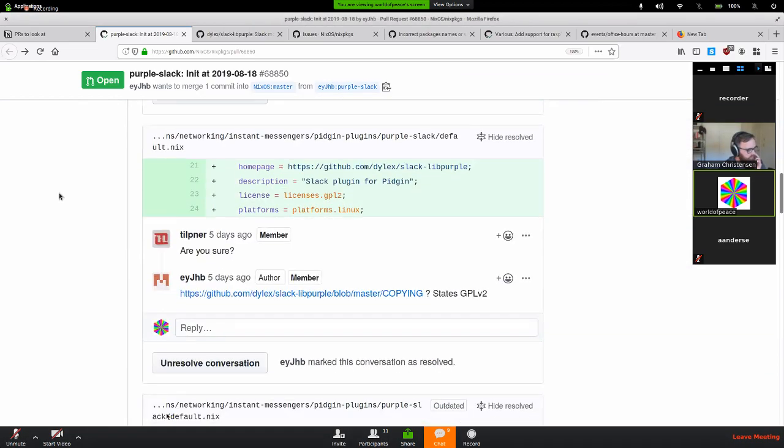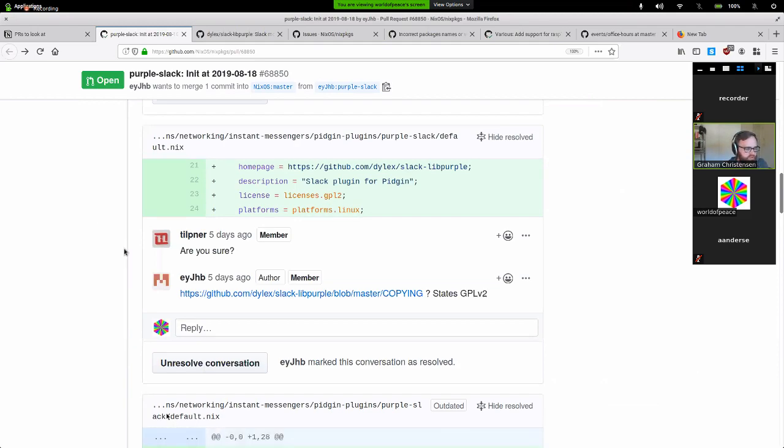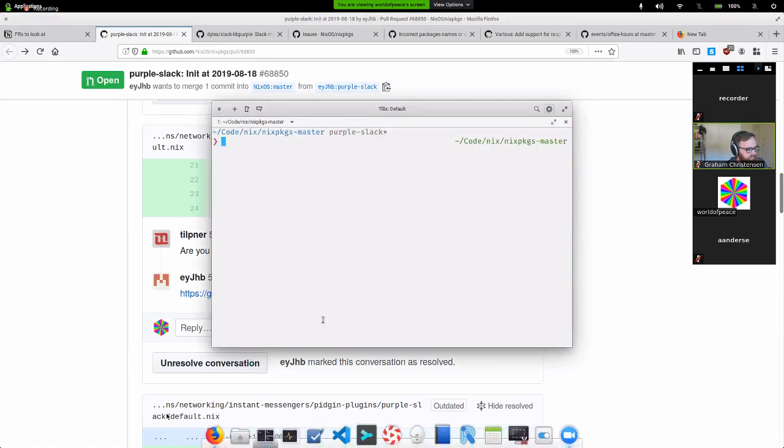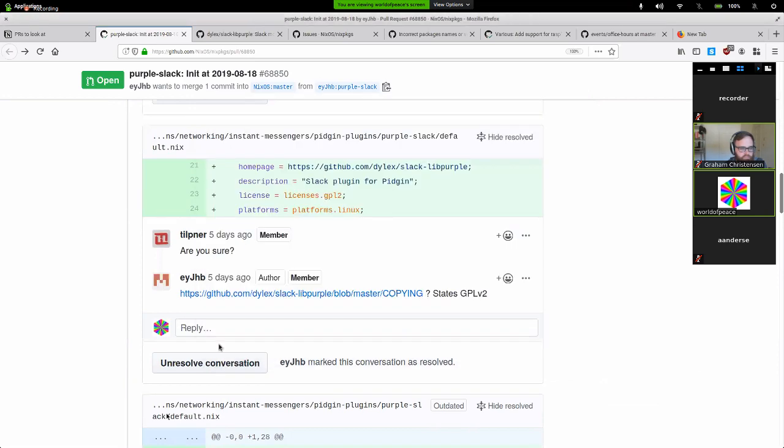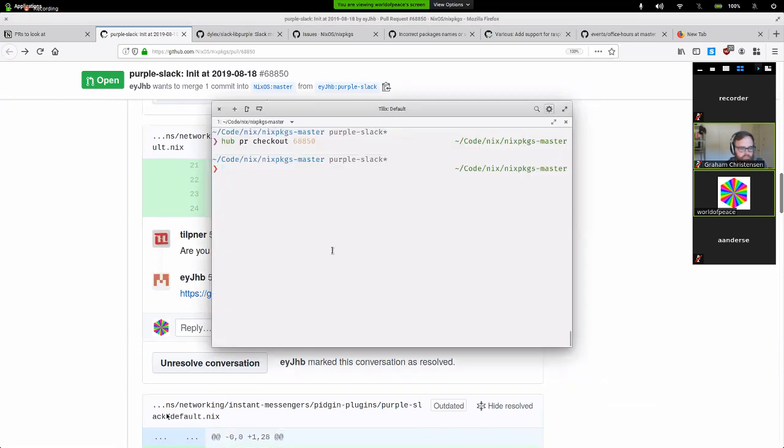Someone on IRC is wondering how it knows which version of the expression to build. It looked like maybe you had some tricky tools there. I just used hub pr checkout and the number, which is really convenient for checking PRs because I can just check it out without a lot of magic. It's just a nice tool. So that's what I did. Other than that, definitely build it.